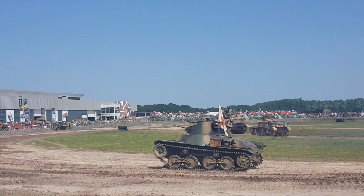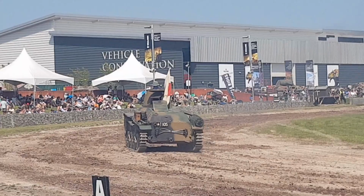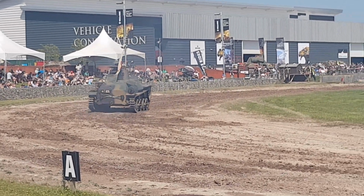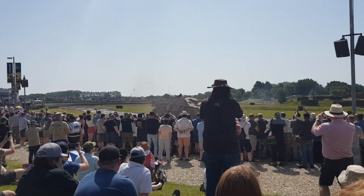Still got a little bit of work to do on it because it's not entirely finished, but you can see the wonderful work they've done. Mitsubishi engine in the back there, the diesel engine. The Japanese had bought some British Vickers tanks, did some experiments, one of them caught fire, and that put the